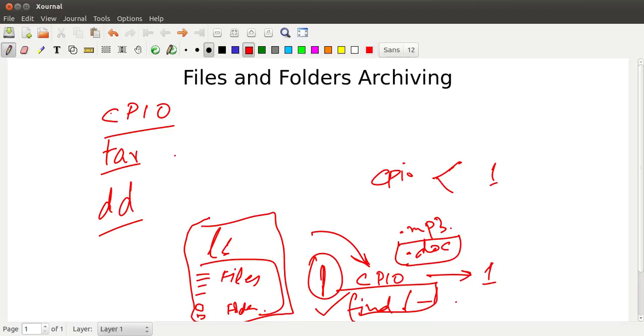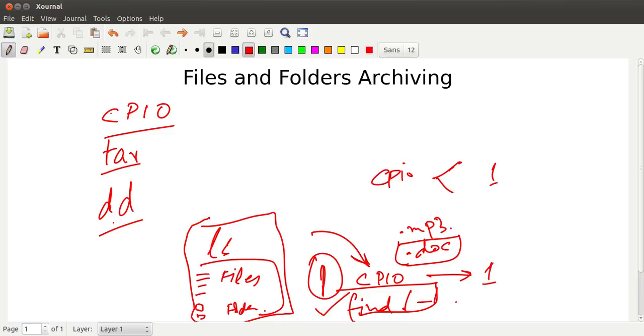The next one is tar, which is pretty simple and straightforward. We simply give it the path of the folder or even a file, and it will compress all the files that we put on a line, or all the files in the folder that we want to convert into one file. Then dd, which is normally called disk droid,